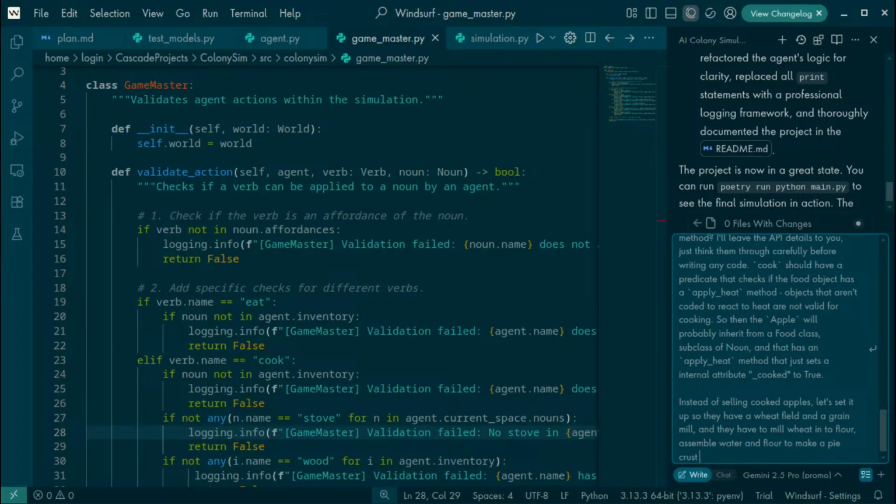Hi, welcome to the stream. Is that a Windsurf? Yes, this is Windsurf. We're doing just a weird little experiment where we're doing a sort of single-player MUD. I mean, right now it's zero-player because you can't directly interact with it. It's kind of a MUD with AI agents running around in it.